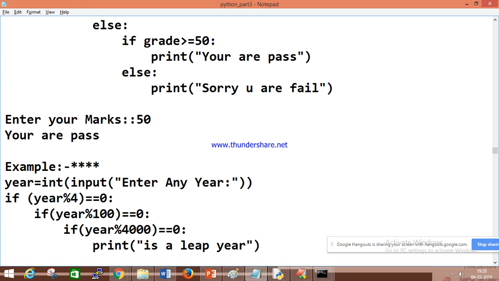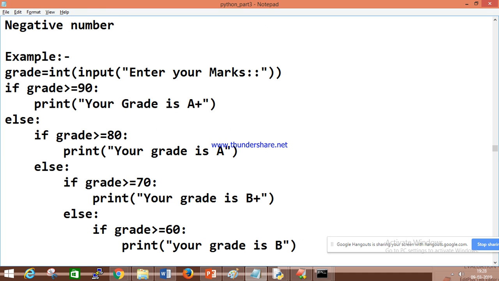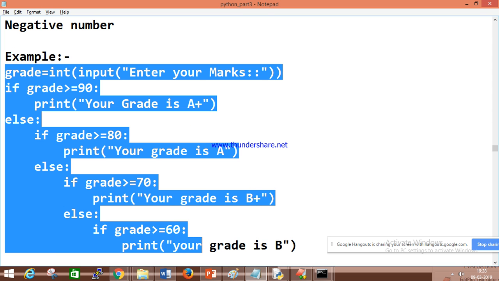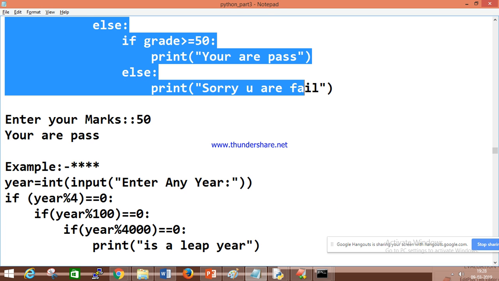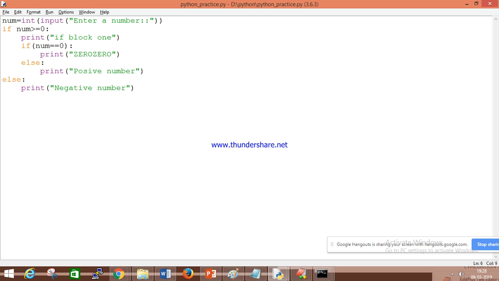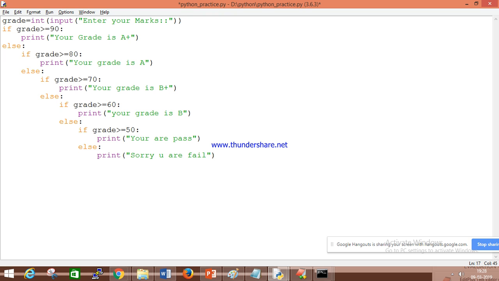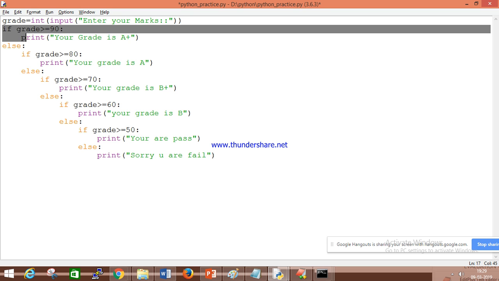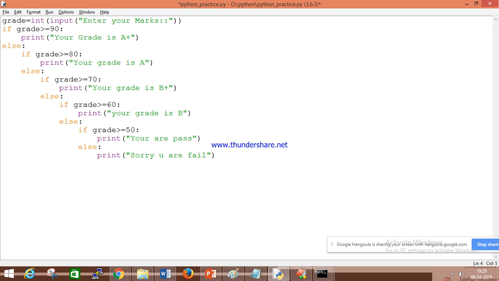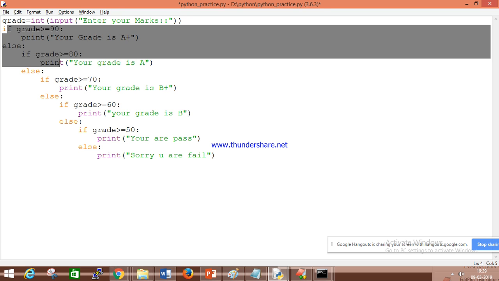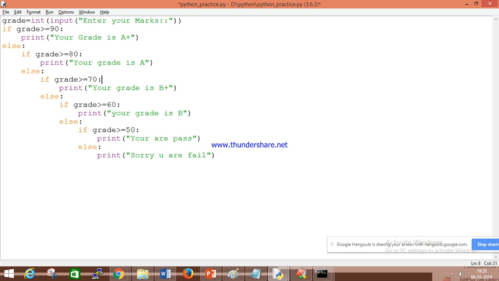One second, not this one, right? So same example I had discussed now. You can execute this in your system, same example. But in the last example, I was using only the elif statement. Here we are using the nested else statement. Okay, so if I compile this,